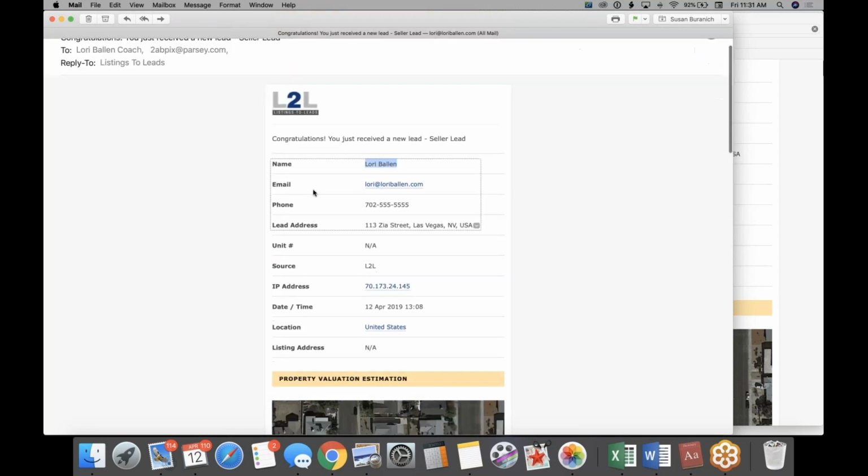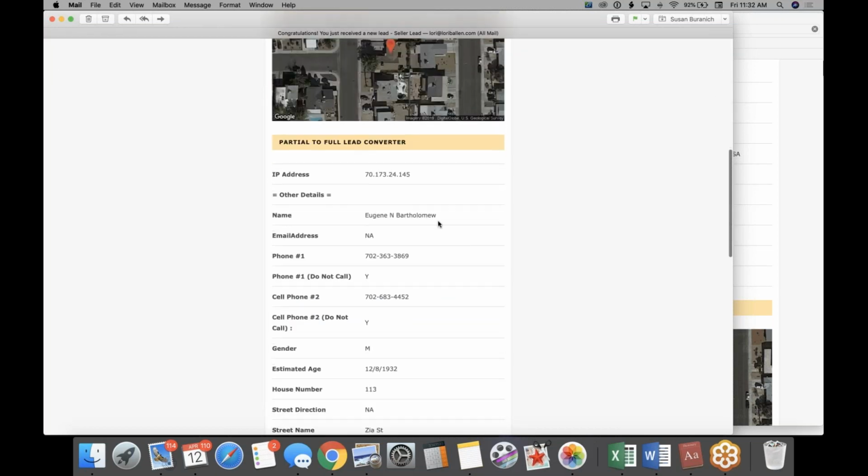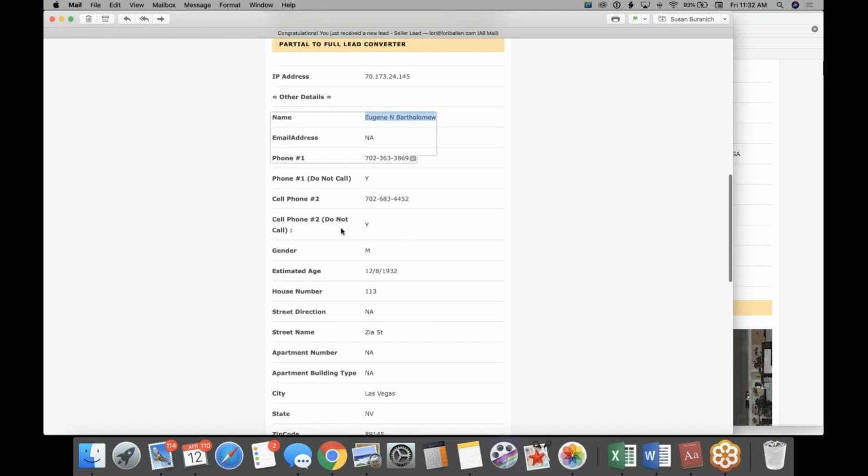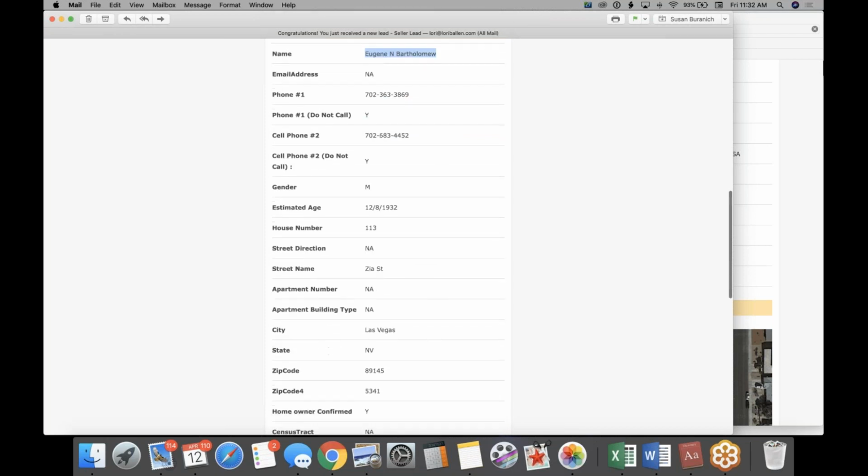If this lead said Jane Smith, and over here it says Mark Table, and down here it says bought the house a year ago, I'm not jumping for anything, because even if they're on the deed, if they bought it a year ago, the odds that they want to sell it right now are slim to none. Now, that doesn't mean I won't let my system still do what it's going to do. I'm not just going to ignore it, but I'm not going to put any of my own manual time and